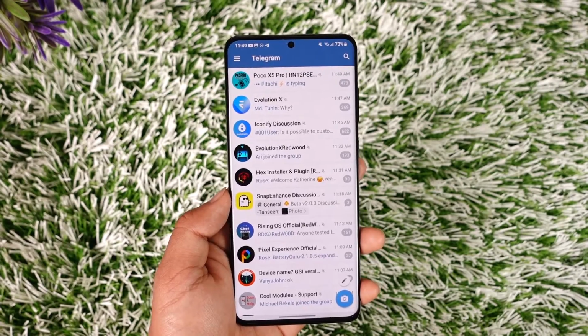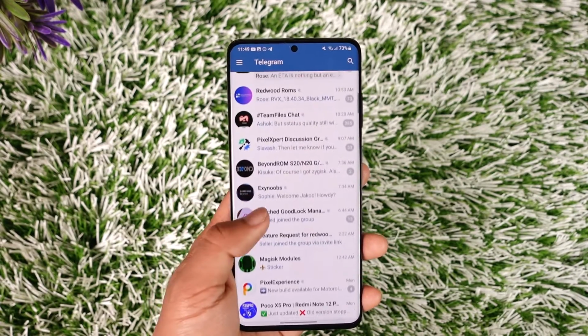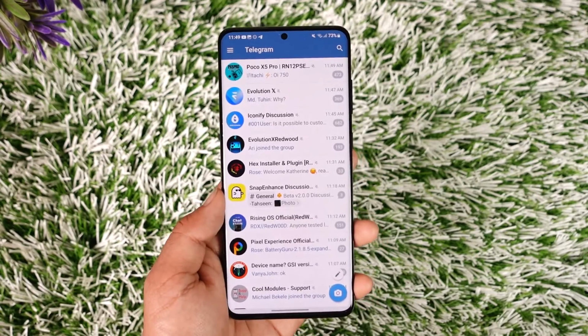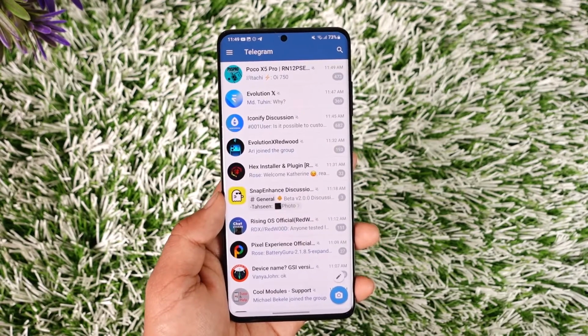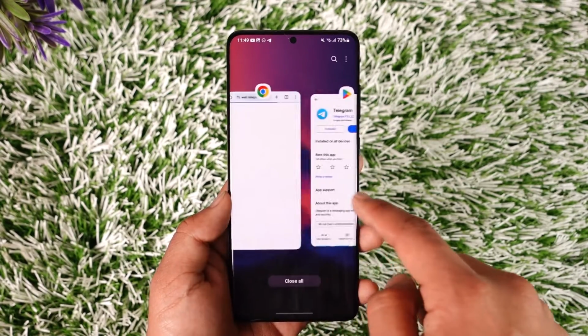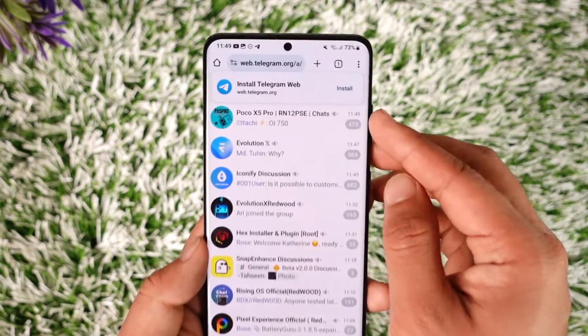Once you launch the Telegram app, let's say you want to have access to some groups and contents but you're not able to find them, which means you want to enable sensitive content. Now by default Telegram is going to disable it. So to enable it we cannot use the app, but we have to open our browser and simply go to